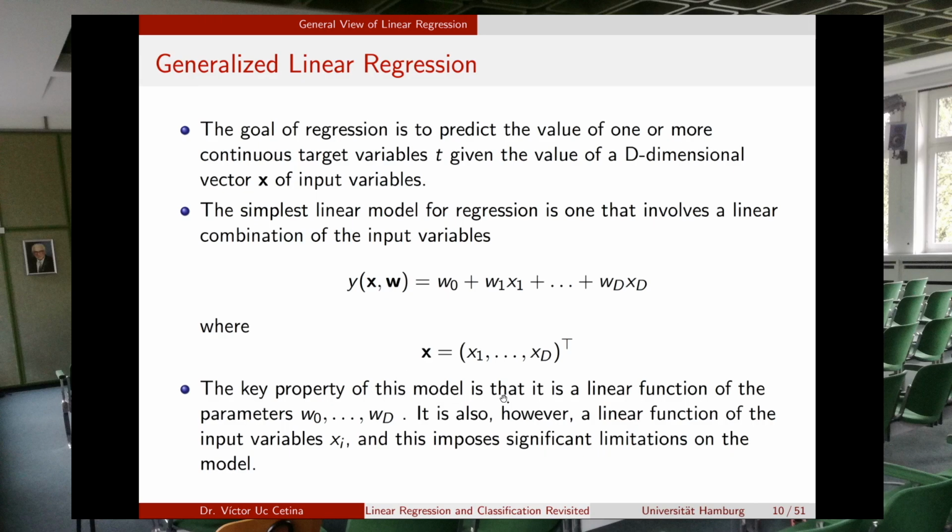The key property of the model is that it is a linear function of the parameters w, from w0 to wd. It is also, in this particular case, a linear function of the input variables xi, because here we are not taking this to some power, it is just the input variable. So this is a very, very simple model. With this model you can create only straight lines, planes, or hyperplanes in higher dimensional spaces,